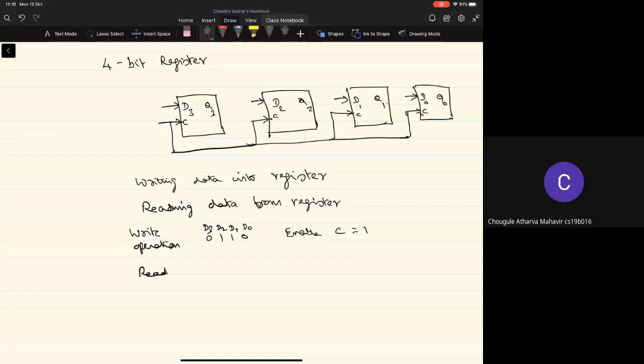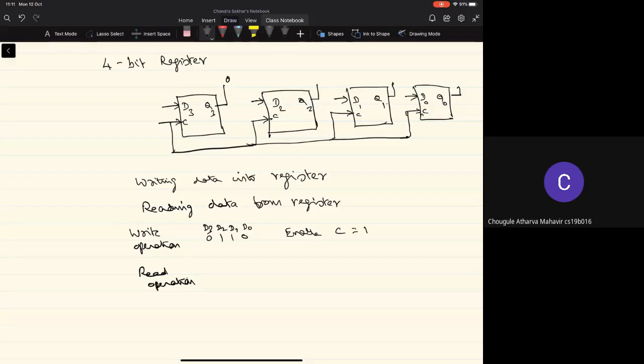What is the read operation in this case? Actually, where is the data available? That's stored in the register here. The data is available in the values of Q3, Q2, Q1, and Q0, right?